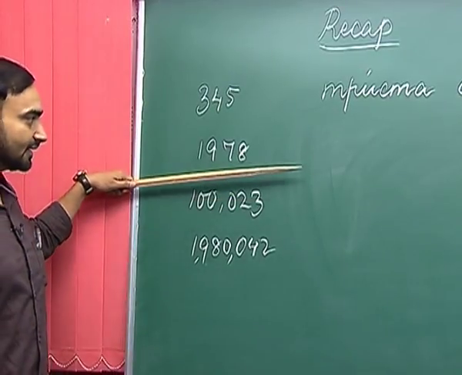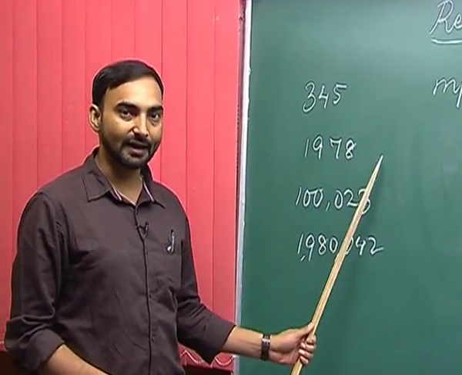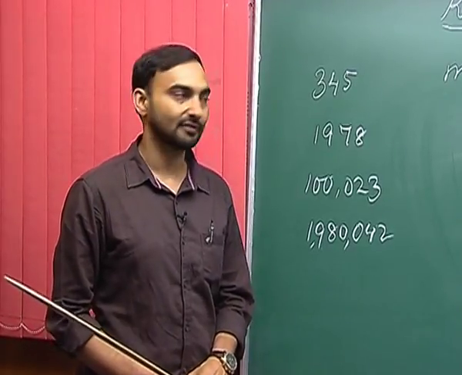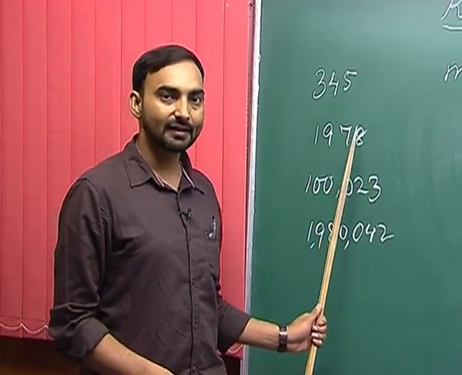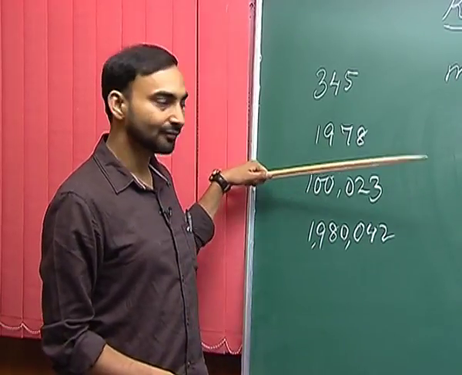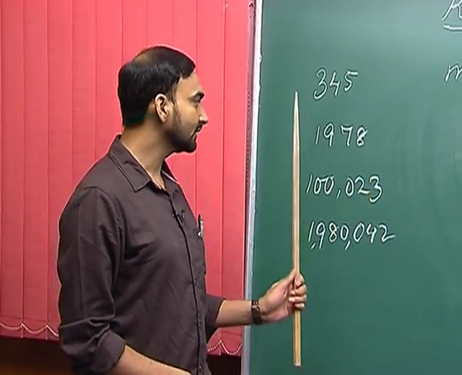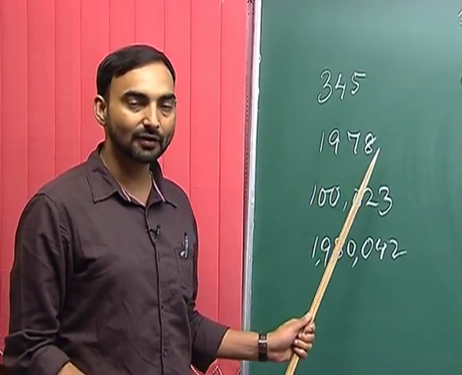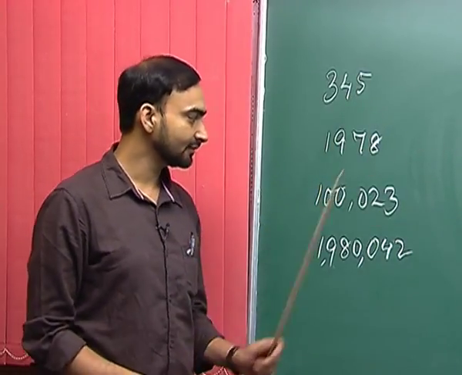The second number I have written here is 1978. How do you say 1000 in Russian? 1000, 900, 70 and 8. So, how do we say 1978 in Russian? 1978. The next number I have written here is